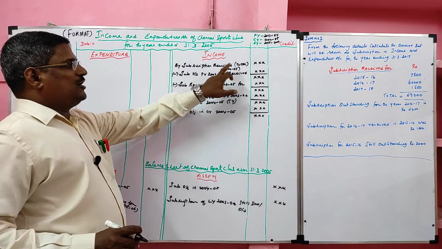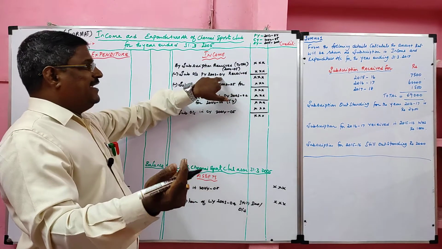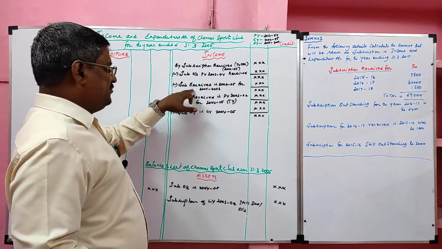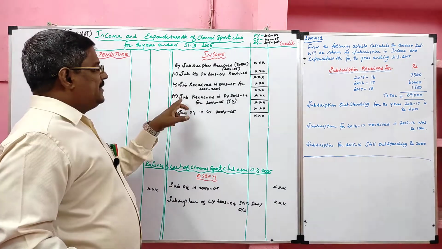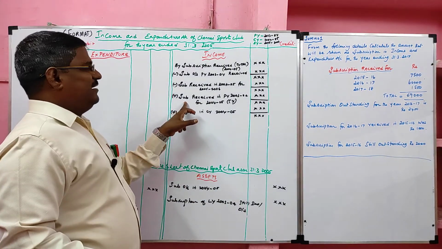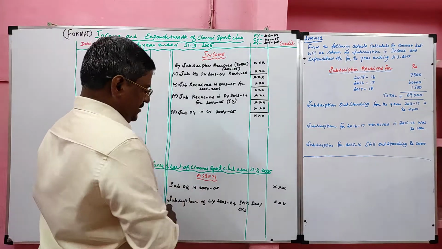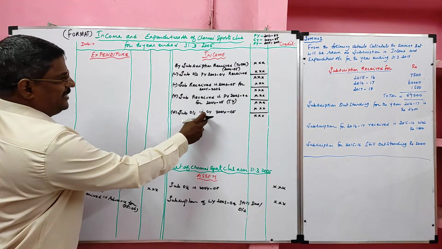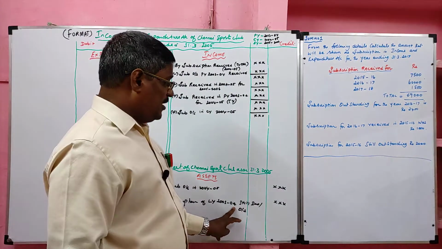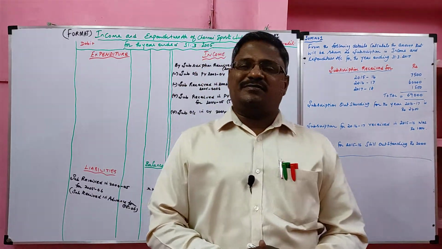Students, look here. Total subscription received in 2004-2005, we write. Last year outstanding received in the current year, we deduct. Subscription received in the current year for the next year, we deduct and put it in the liability side. Then subscription received in the last year for the current year we add. Then subscription outstanding in the current year 2004-2005, we add, and also write it in the asset side. Then subscription of last year 2003-2004 still due will be recorded in the asset side. Students, let me show you one problem relating to subscription.